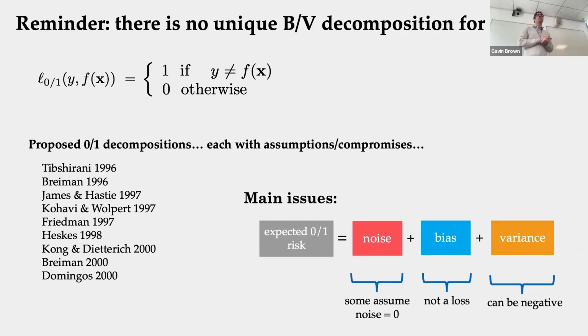So it doesn't hold for 0-1 loss, but there are still these decompositions that work for it in some way. We've made a link to this one right here, this James and Hastie one. Some of these all turn out to be special cases of each other, which is a nice thing. Some of them turn out to be absolutely equivalent. So this Tibshirani and James and Hastie turn out to be exactly equivalent, which in turn turns out to be exactly equivalent to Domingos's paper. And then there are special cases and so on.